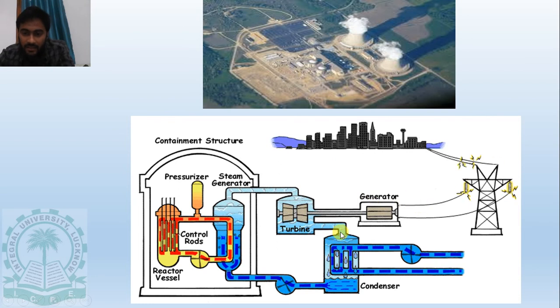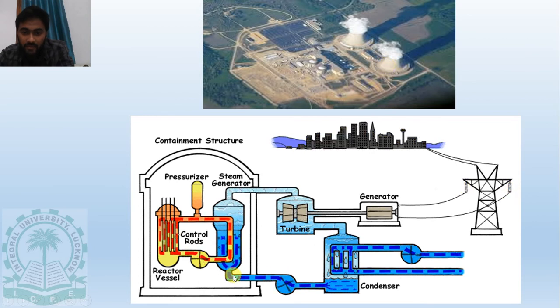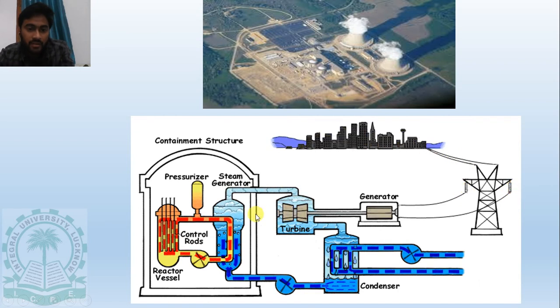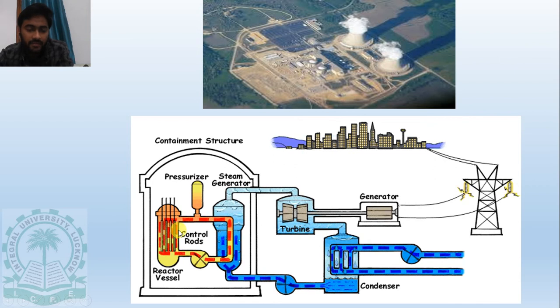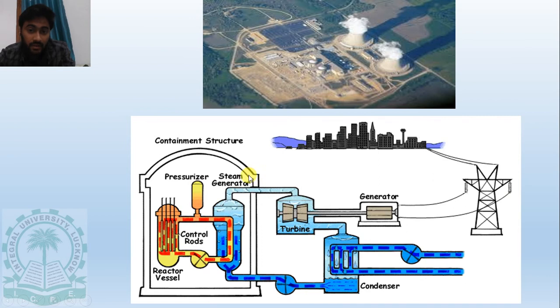Okay, and then this steam is liquefied and cooled using the cooling towers, and it is fed back into the system. So this is a continuous process. Nuclear process is a continuous process. It cannot be stopped. It can be only controlled by using control rods, and if you study nuclear physics, you will understand more. But it cannot be stopped. Once a nuclear plant starts, it cannot be stopped. So the protection of the people working in these places and the surrounding areas from radiation becomes very important.